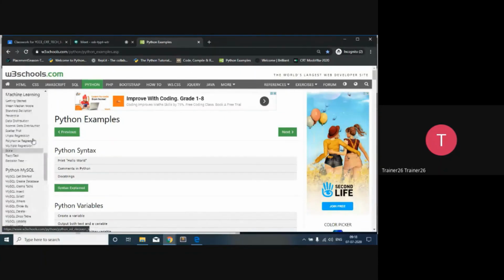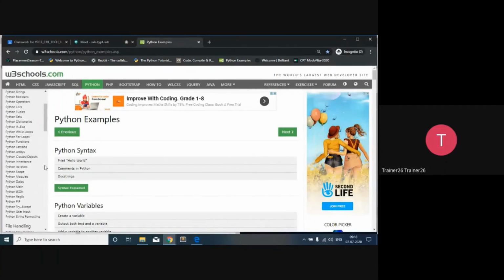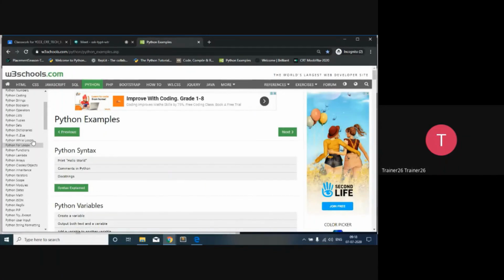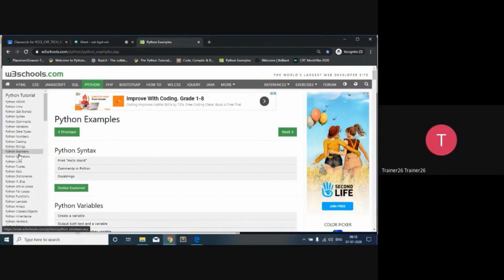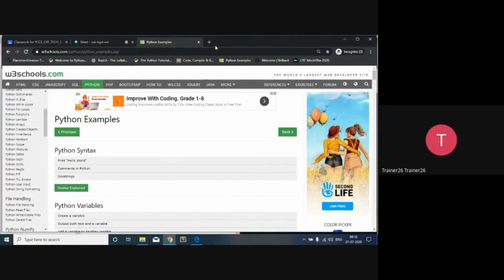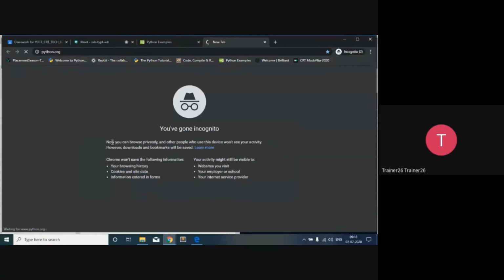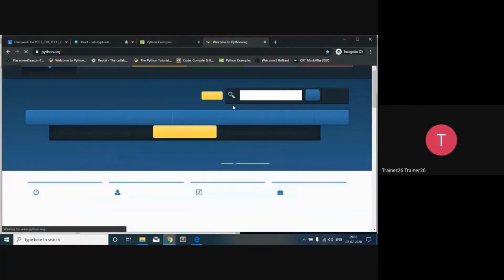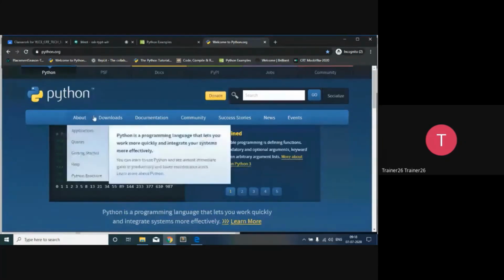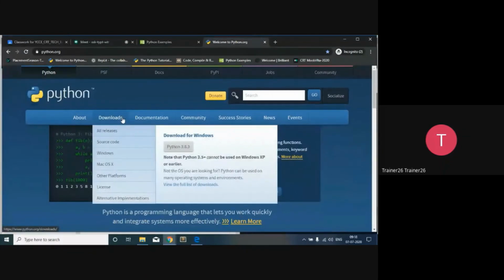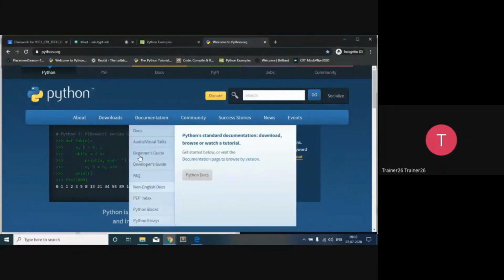W3Schools is good, I liked it, and most of the examples I have taken from the same. So you can also use this kind of resource, and many more resources are also available, or you can use the original Python website, that is python.org. From there also, from the documentation, you can get the details. So that's all about